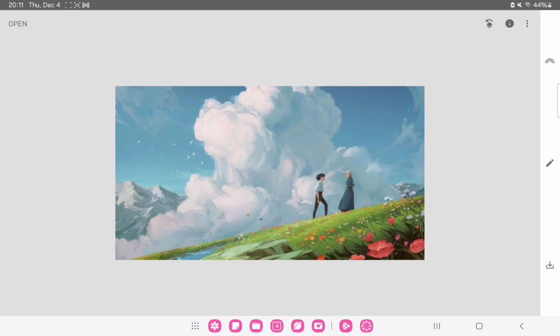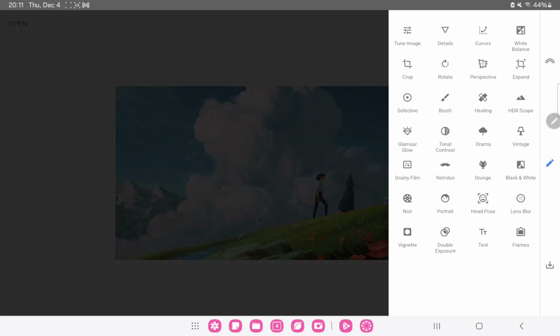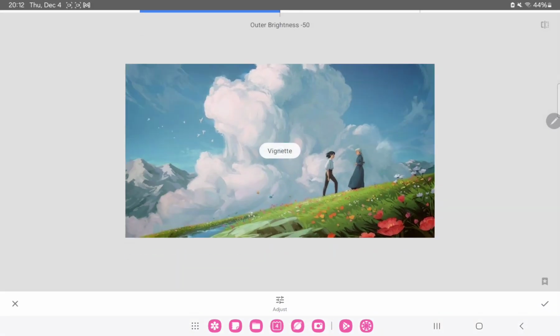First of all, open the application on your device. So that's the home screen and you can find different buttons. New, just go to the right bar, tap the pencil icon, and here you can find the first row, and tap the last button, the vignette, and just click the circle at the middle of the screen and just